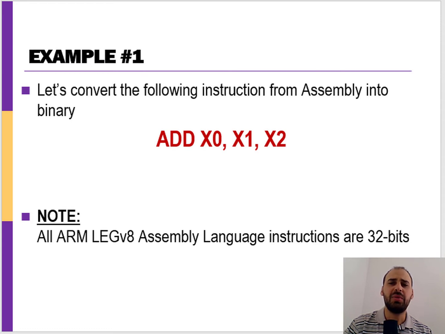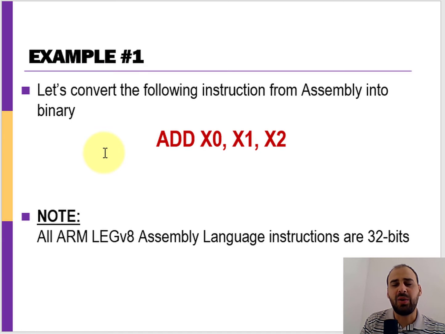So we'll do it one instruction at a time. Let's start with this add instruction here. We're going to add the values of the x1 and x2 registers, and we're going to store the result in register 0. Now the first step of this process is to determine what type of instruction this is,